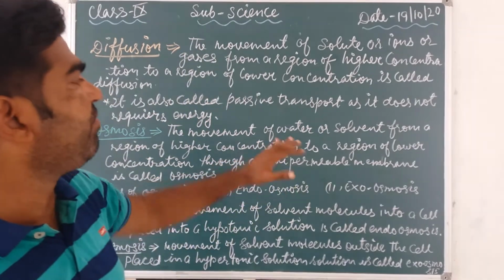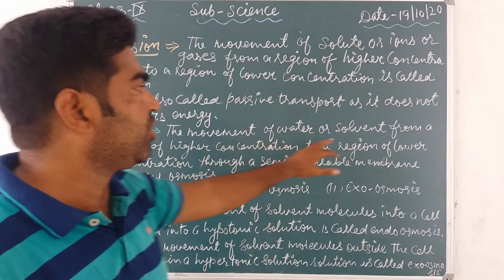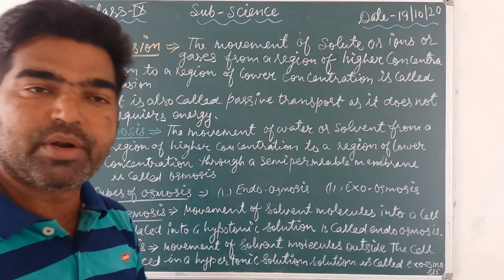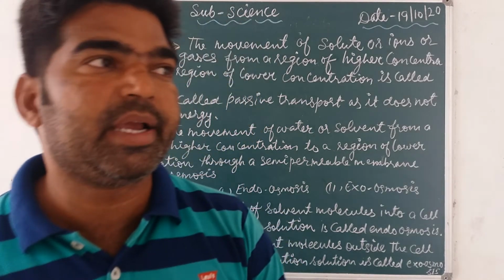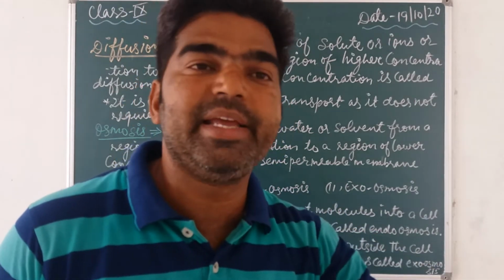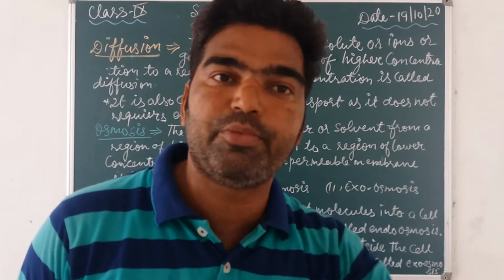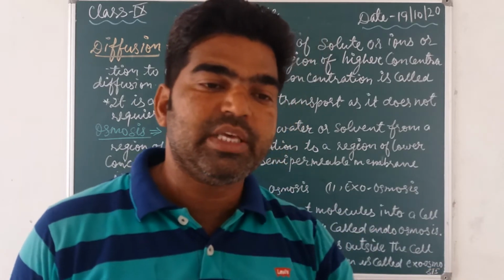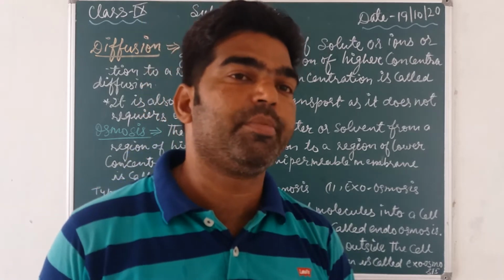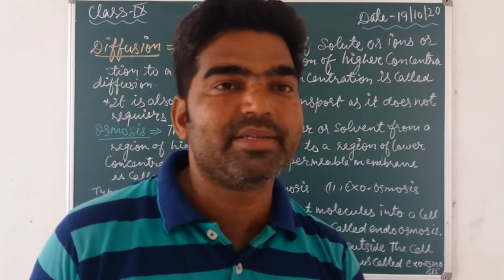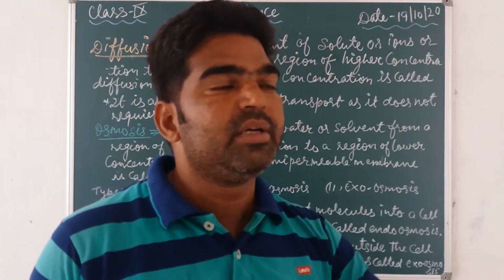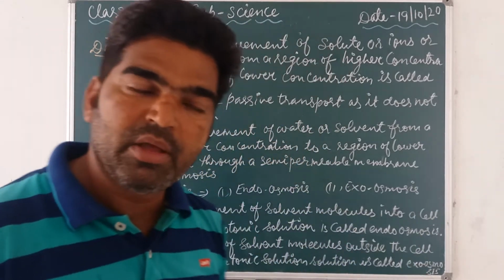Osmosis means the movement of water, not a solute, it's a solvent or water molecules from a higher concentration to the lower concentration. Suppose that if we are taking one bucket of water and we put 2-3 drops of Ujala in it, या फिर इंक, रेड इंक या ब्लैक इंक या ब्लू इंक की 2-3 ड्रॉप उसके अंदर डाल दी, तो धीरे धीरे क्या होगा, उस इंक से पूरा कलर that will be spread into that whole water of a bucket. सो मीन्स फ्रॉम अ हायर कंसंट्रेशन, वो ड्रॉप है वहाँ पे उसका हायर कंसंट्रेशन, हायर परसेंटेज है, सो दैट विल बी स्टार्ट टू स्प्रेड इनटू होल वाटर. सो दिस इज कॉल्ड वाटर ऑस्मोसिस.